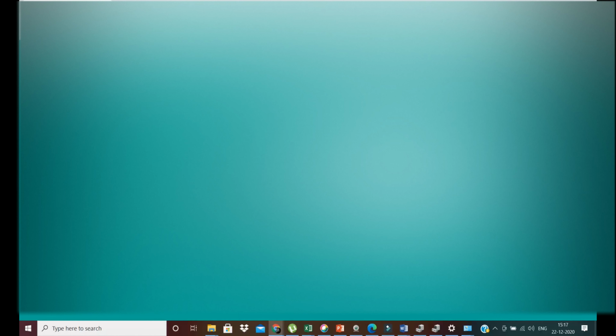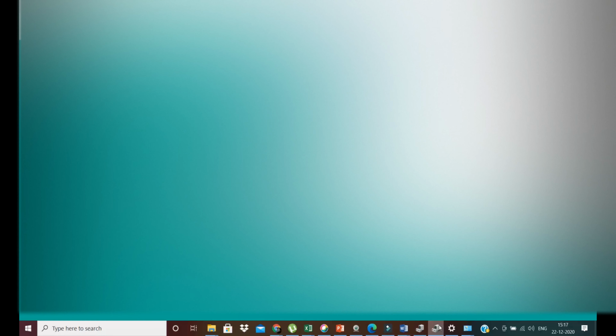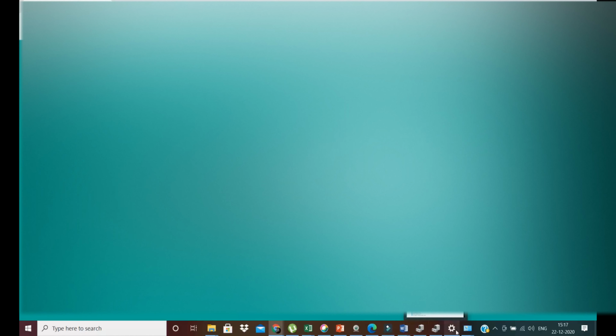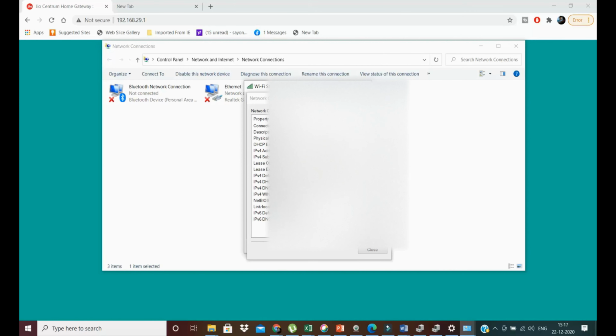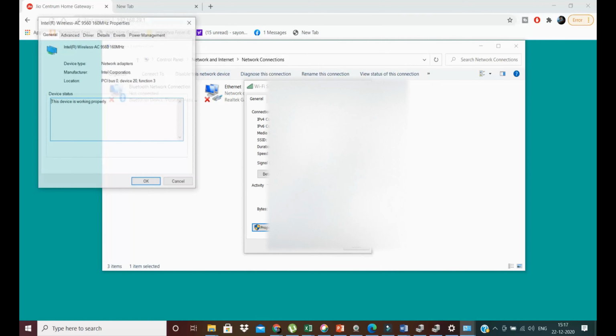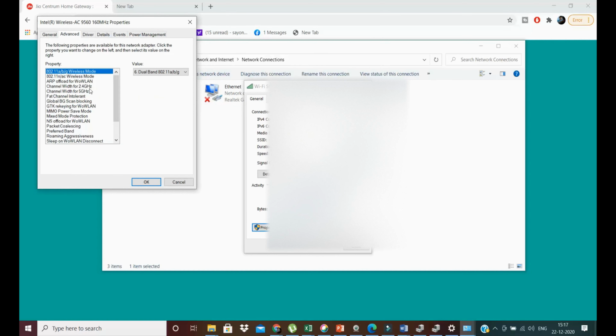So just use this value and then try accessing your router control panel and see what bands your router supports, and then ensure that your property and value are selected to those bands. What I again mean is that here, what we were seeing is that inside the router I could go to my properties and then configure, and inside configure when I went to advanced I could select values.